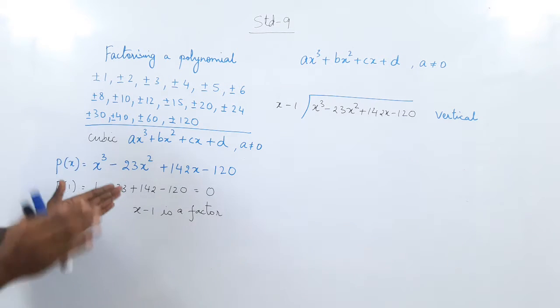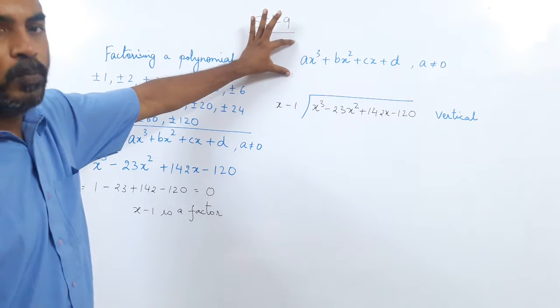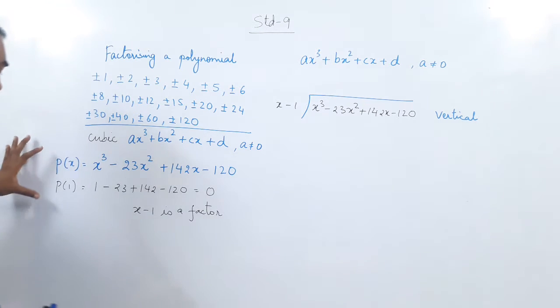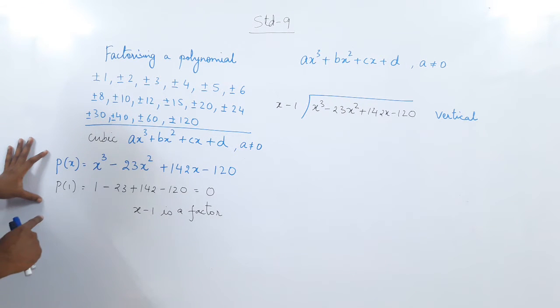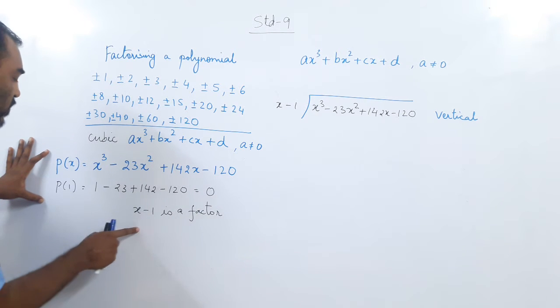Remainder theorem. First in this sum, so what are we doing? All the steps we did sequentially are to factorize a cubic polynomial. So first step, remainder theorem. Have you understood this step? How to get the remainder of the factor theorem? You take p of 1, p of minus 1, p of 2, p of minus 2. If you get p of 1 is 0, then x minus 1 is a factor.